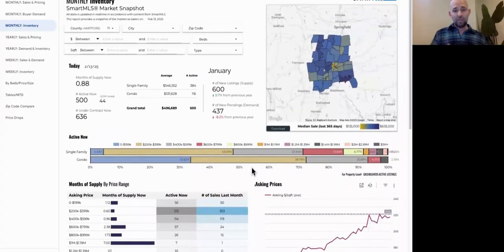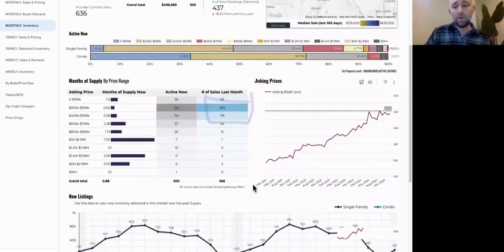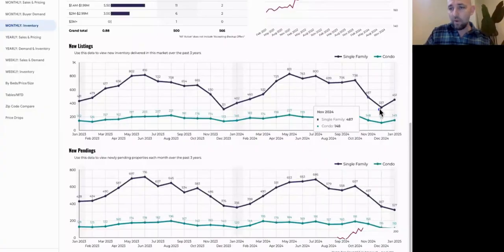If I'm trying to talk about the future with my team, the thing I'm looking at here when I see these record high asking prices and super high months of supply is what's happening next month. I look at this demand number, I look at pendings, and I look at how that relates to the new listings, because I'm seeing a lot more new listings come in last month, but I'm seeing a drop in pendings. We can investigate that further down here where we see that uptick, but we see that drop in pendings. My indication is that the market is probably a bit more hesitant right now about those 200 and whatever dollar asking prices, and you're starting to see that pull back.